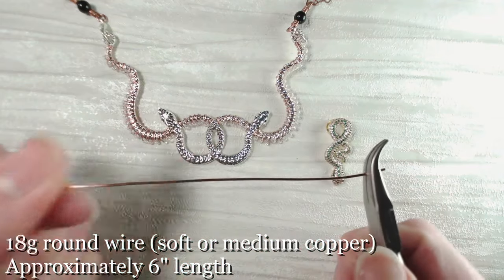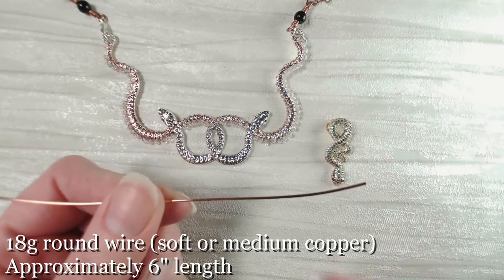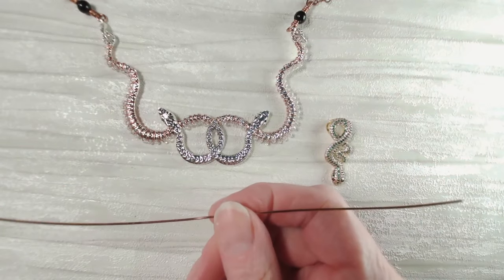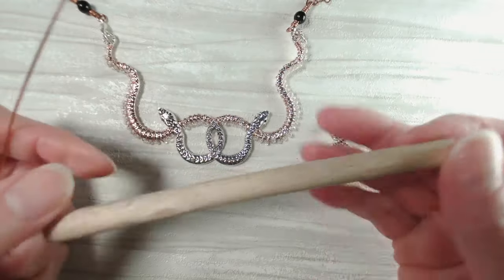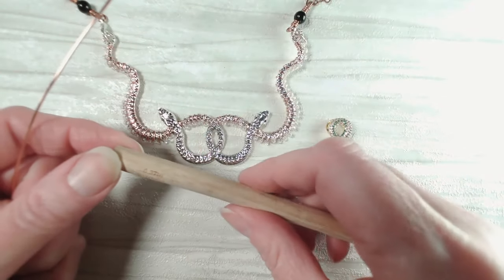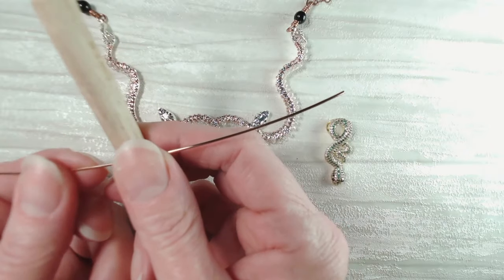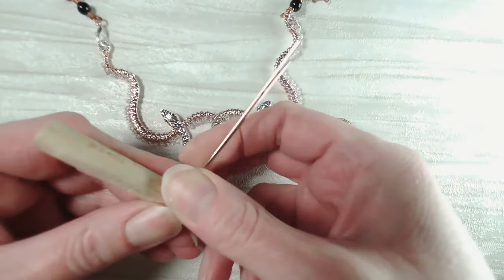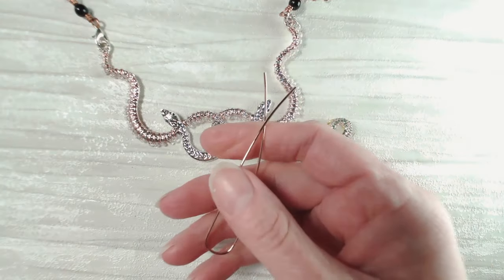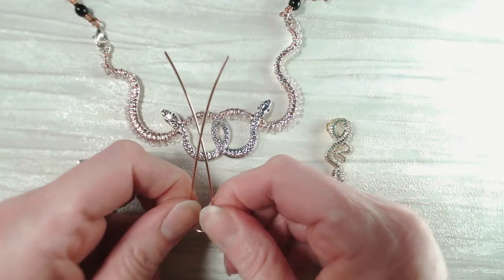I'm just going to give that a quick warm through, and we're going to grab a round form just to make a nice little curve in the centre. So I'm going to grab the second smallest of my mandrels, and this one is 0.37 of an inch, 9.5 millimeters, about the same as one of the pins on your bail making pliers. So I'm just going to twist that wire all the way around the post. You could use a pencil if you don't have one of those,